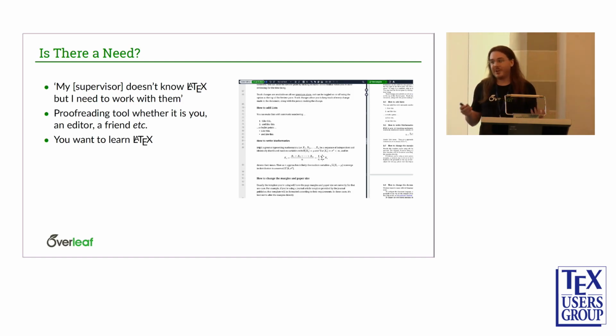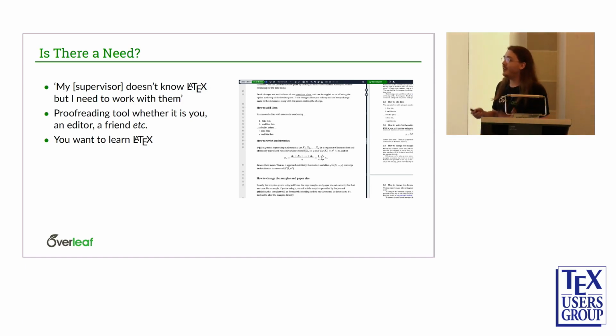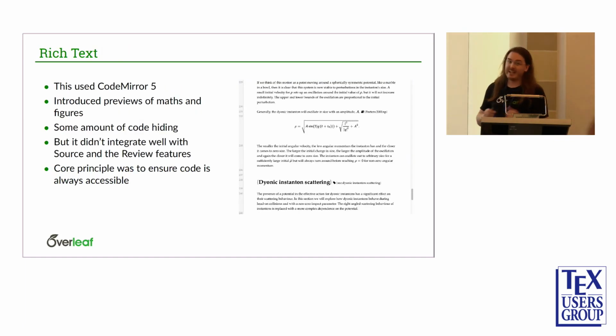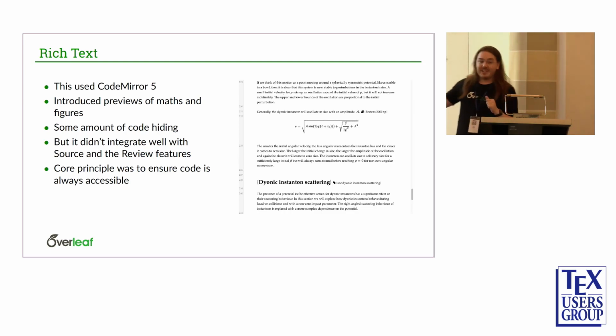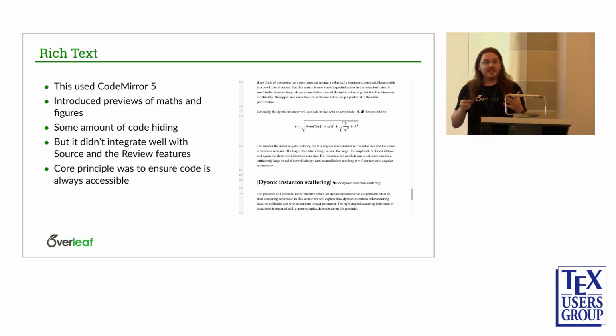We don't want to block off LaTeX. We want to try and get them using it. And so we need to come up with a way of helping them engage with documents without scaring them off at the first encounter. And we had rich text in for quite a while, and at the time it used Code Mirror 5, that's what it was written in, and we were able to produce previews of maths, and we did some figures, and we did some nice decorations around things like citations, and we hid certain amounts of code,